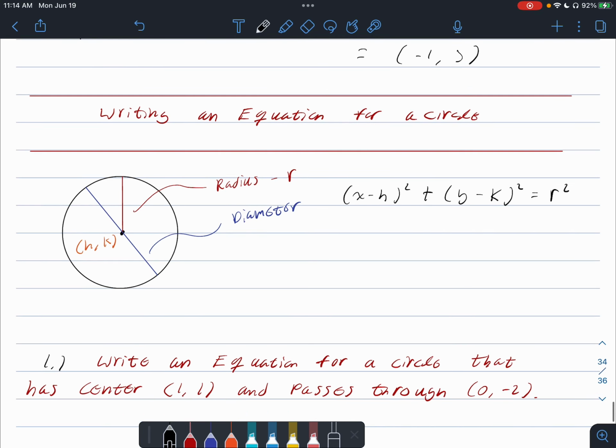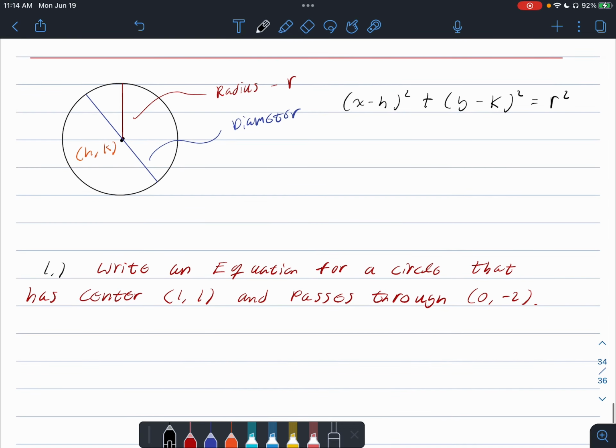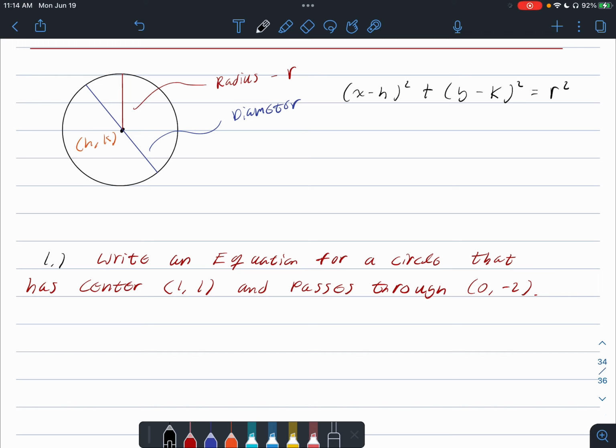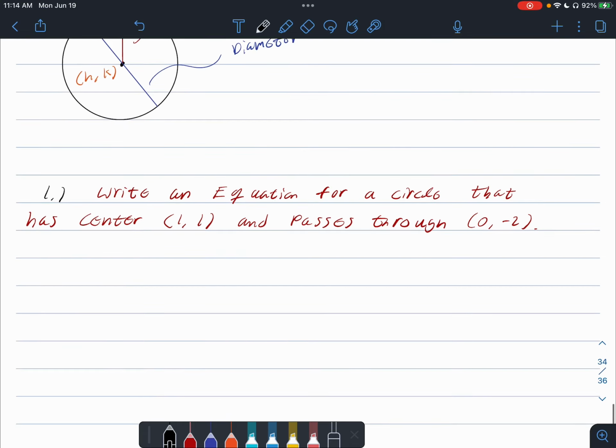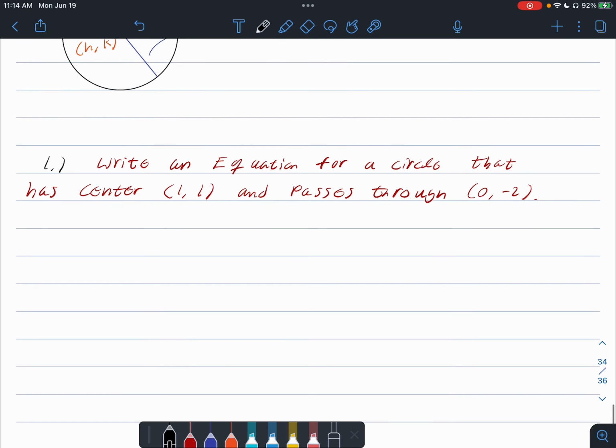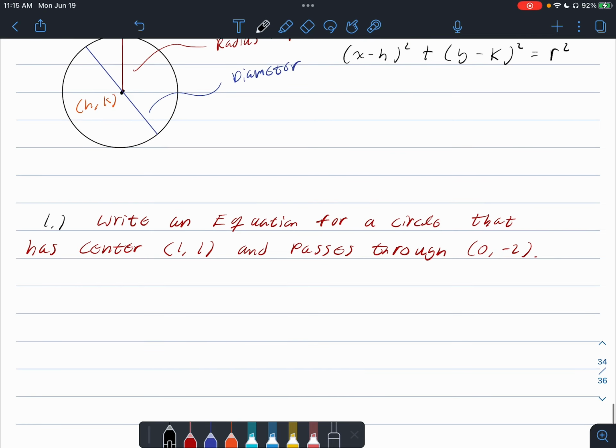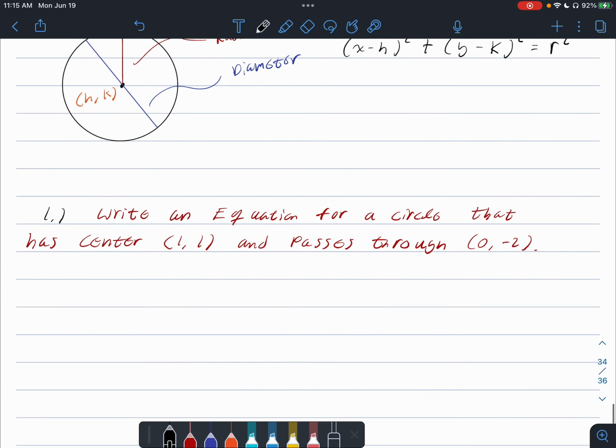Okay, so now what we're going to be doing is we're going to try to write the equation for a circle where we're given the center and it passes through some point on it. So basically, okay, sorry, let me back up a little bit. We're going to be writing an equation for a circle given its center and some point on the circle itself. Okay, so let's take a look at an example here. So it says write an equation for a circle that has center (1, 1) and passes through the point (0, -2). Okay, so in order to write an equation here, we have to deduce a little bit from the information